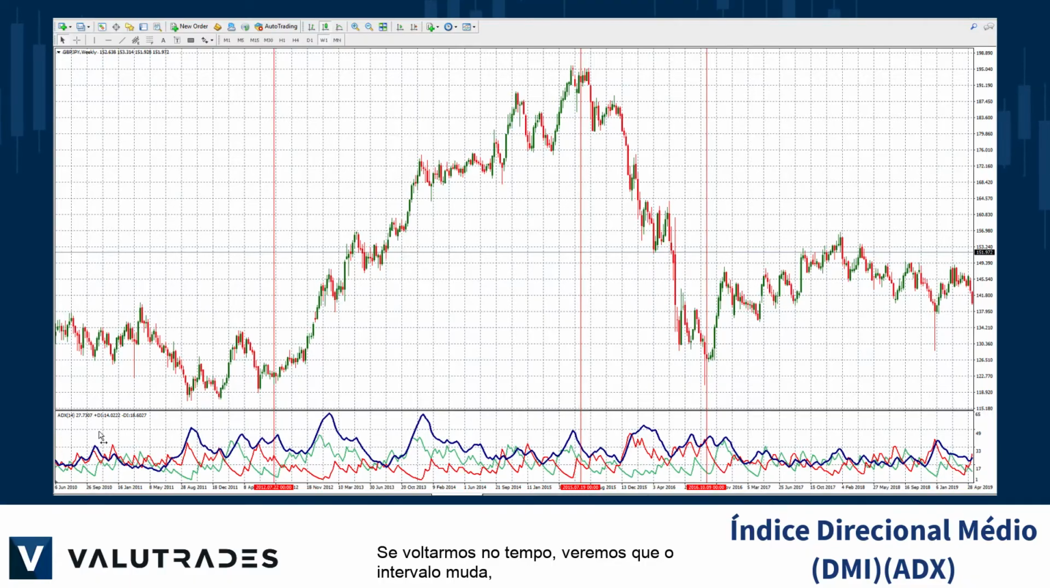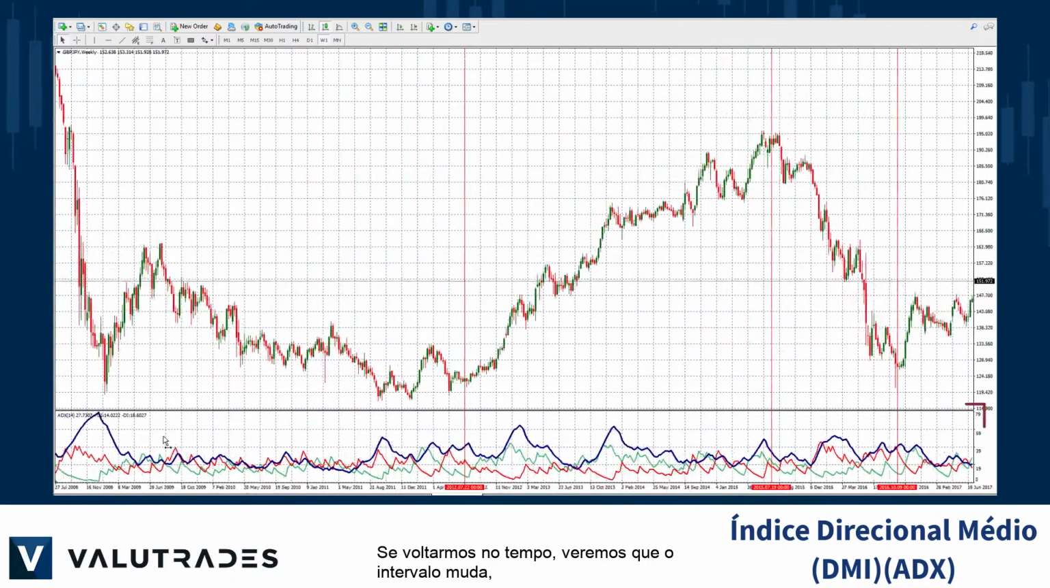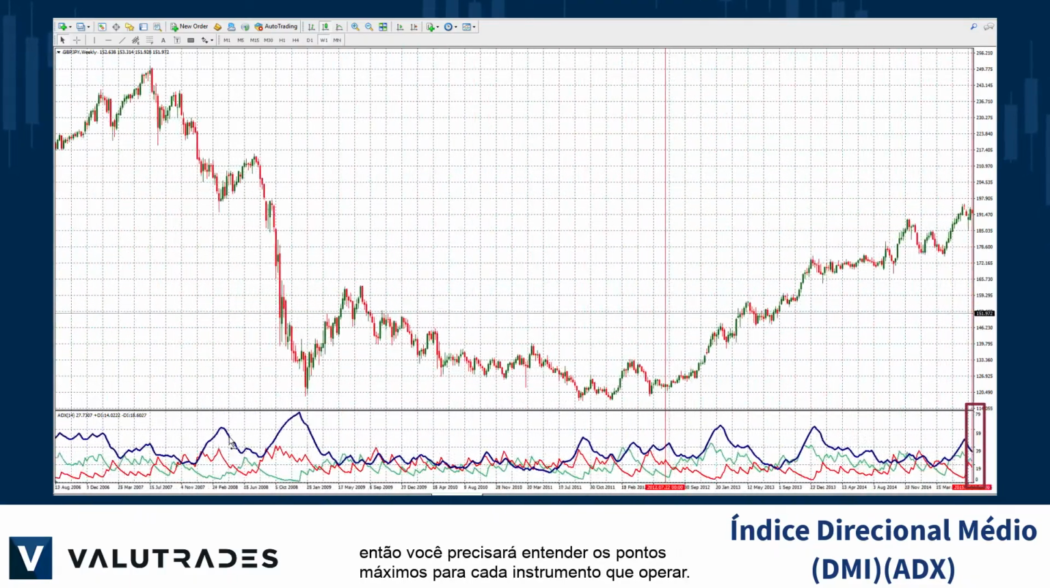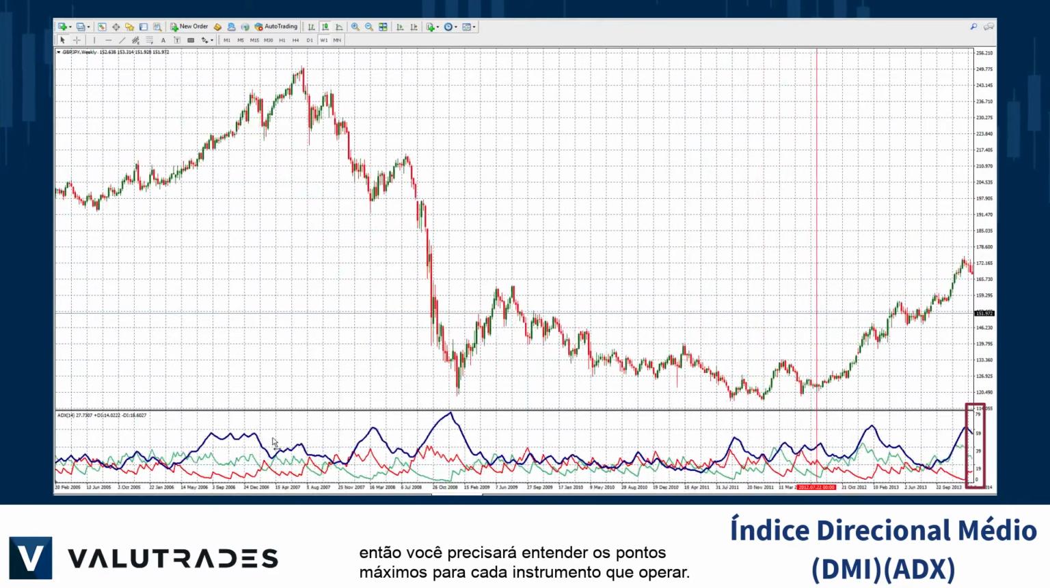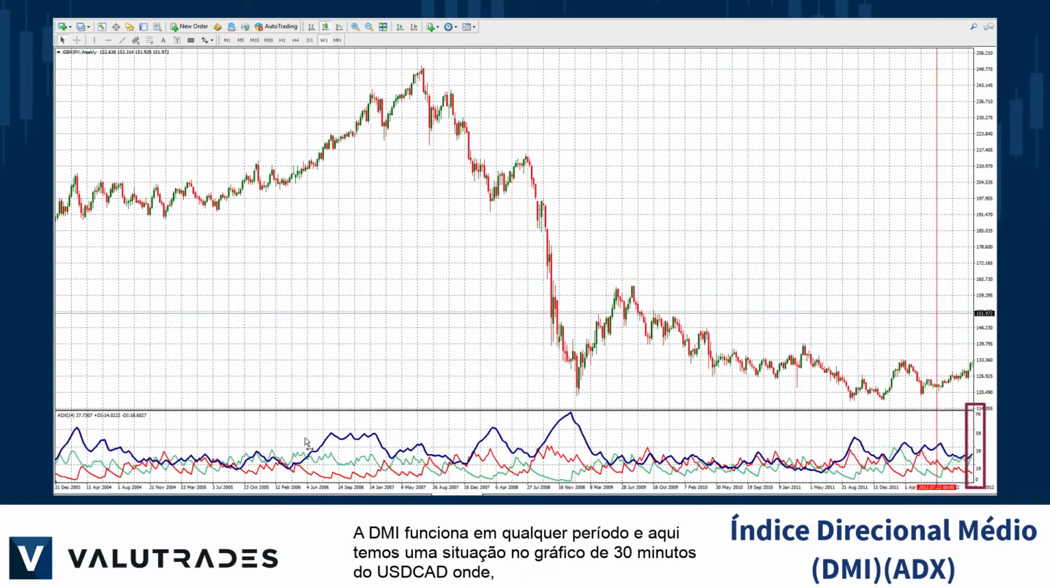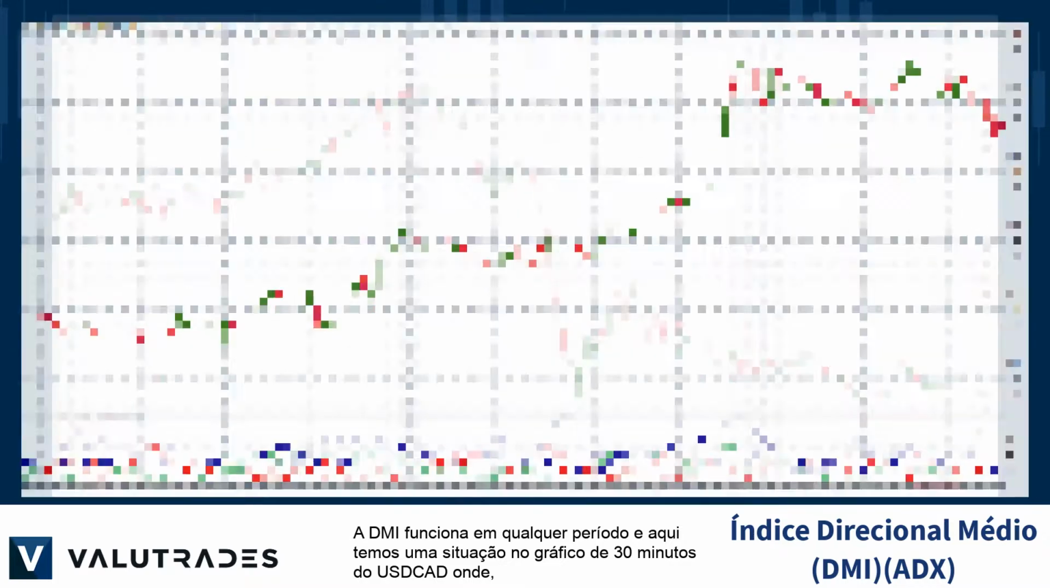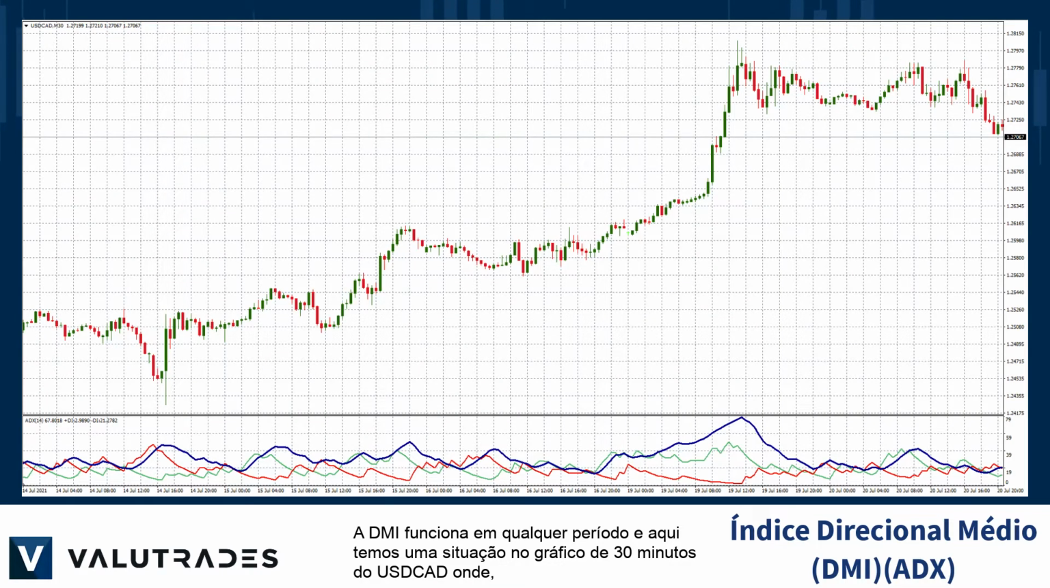If we scroll back in time, we can see that the range changes, so you will need to understand the maximum points for each instrument you trade. ADX works on any time frame, and here we have a situation on the $CAD 30-minute chart where, when price